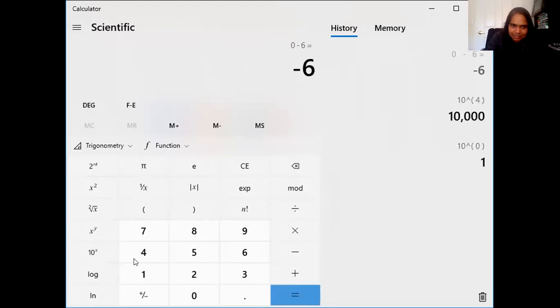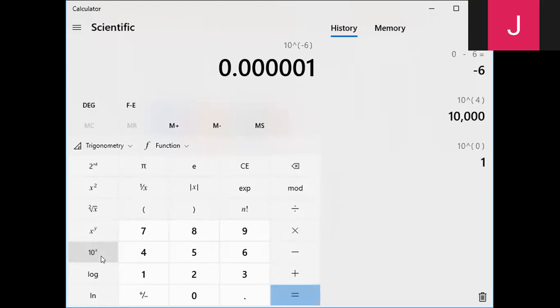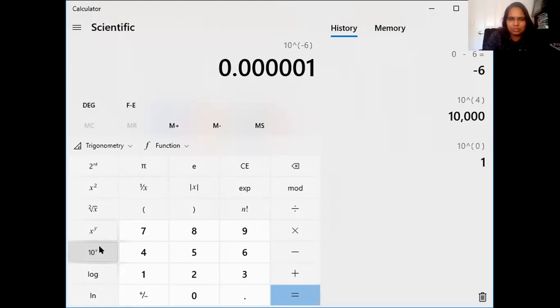So you get -6, then 10 to the power. Oh, okay. But it depends on what type of calculator you have. So you should have the same option, like 10 to the powers. Yeah, and I have that option, but when I did 9 divided by 4 times 10 to the power, maybe it's the order of functions that you put in. It gave me like